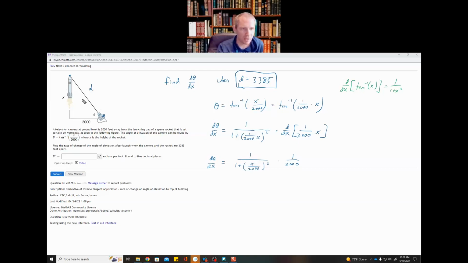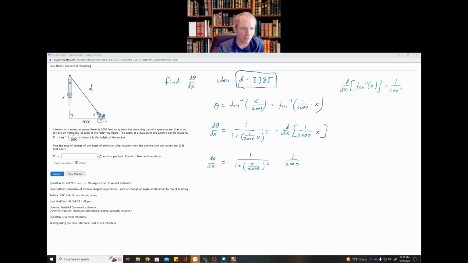Okay, so I'm going to go back to here and I'm going to say, all right, using this diagram, if I know a value for d, can I find a value for x? Okay, and one easy way to do that, I think, is just to say, all right, this is a right angle, so I could use the Pythagorean theorem. We could also use a trig function, and that would work. Okay,